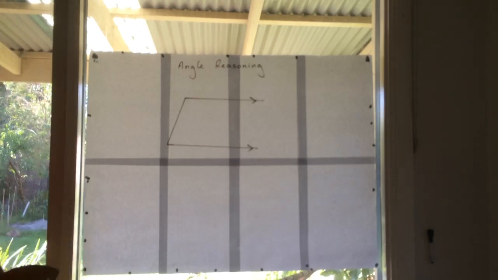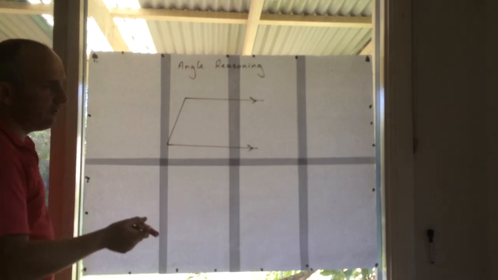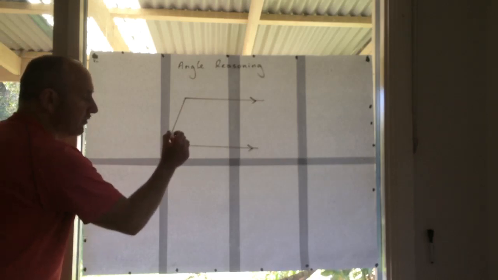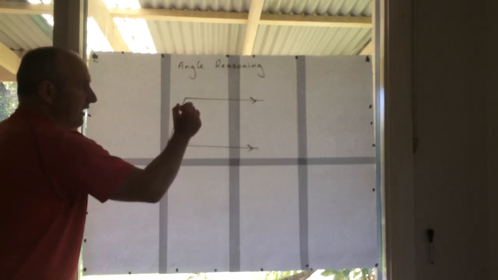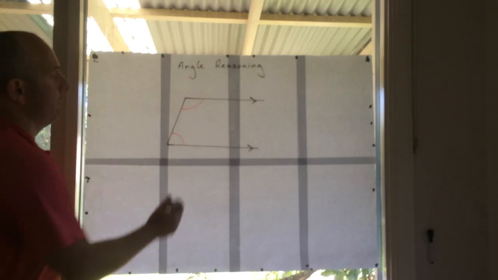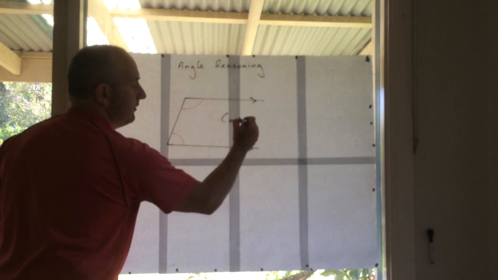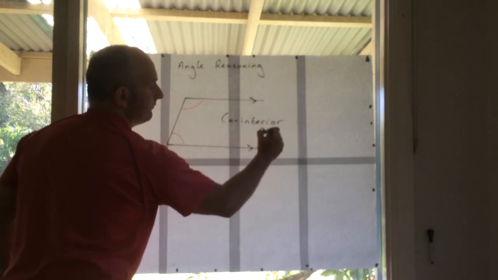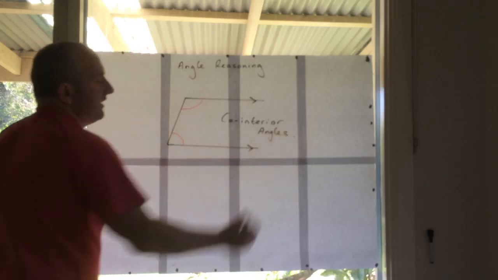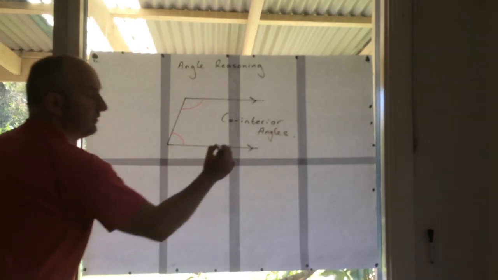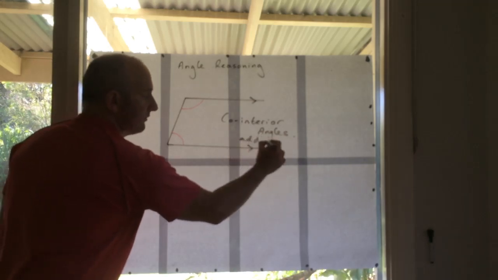Now, you might think, are we going back down the path of corresponding? No. What I'm going to talk about are this angle here and this angle here. These are called cointerior angles. They're called cointerior angles, and they add to